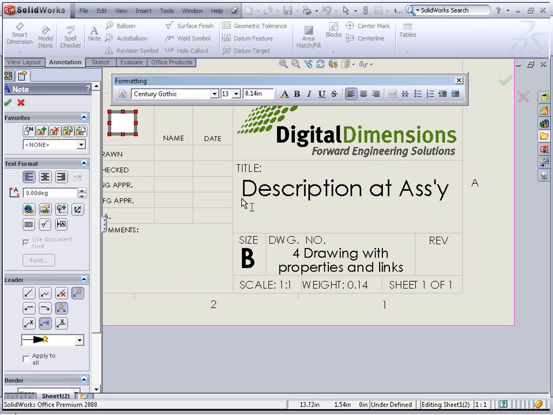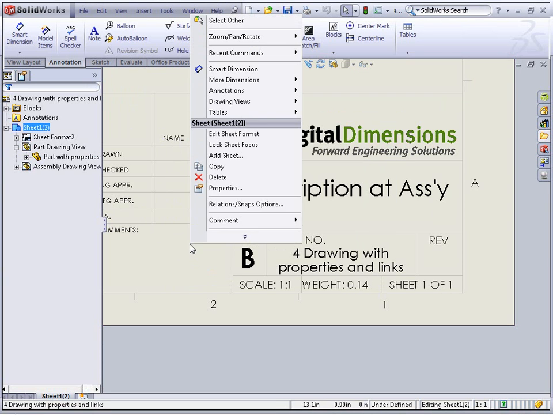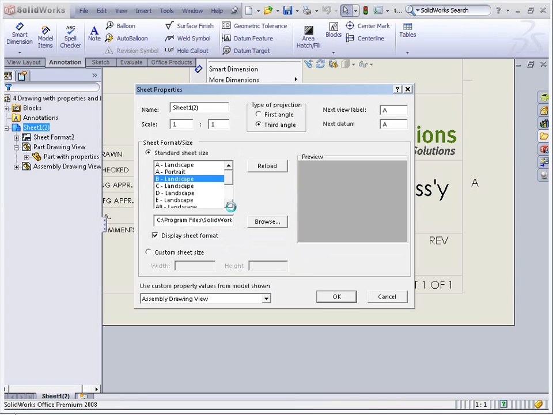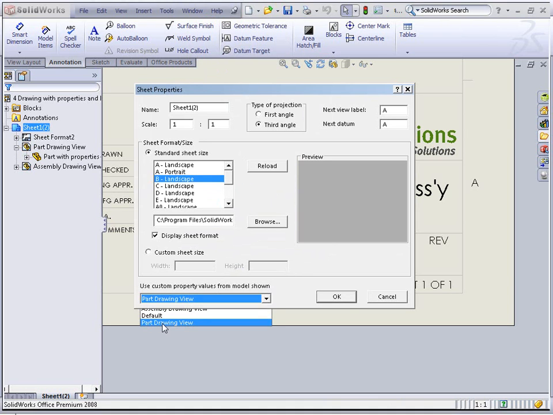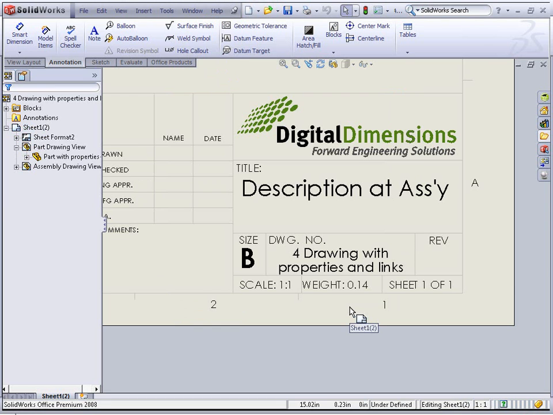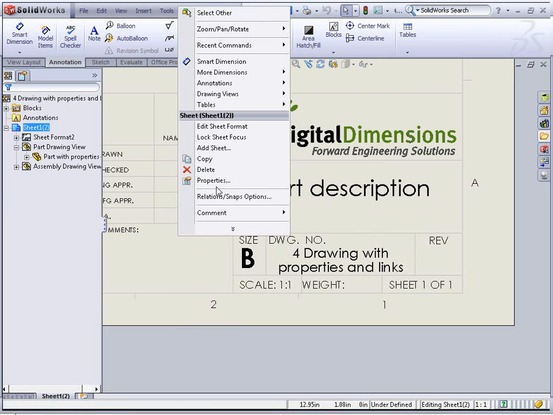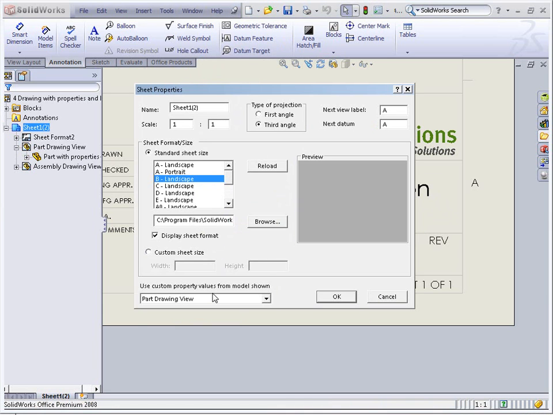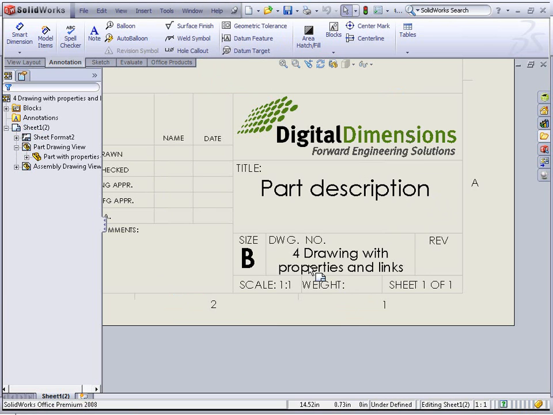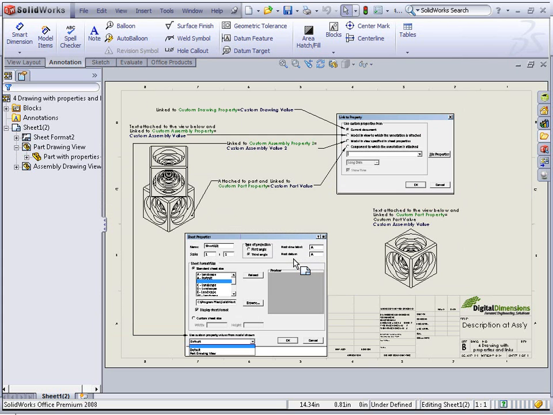But here I'm showing you the control of being able to go into the sheet properties and say, no, this drawing is not of the assembly, but instead the part. And then hit rebuild, and then it updates to that drawing view. I'm going to leave this as the assembly drawing view. The last one,